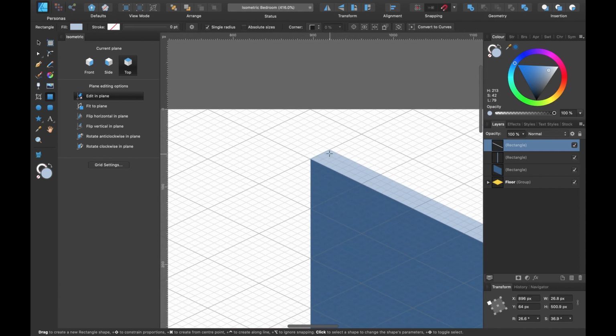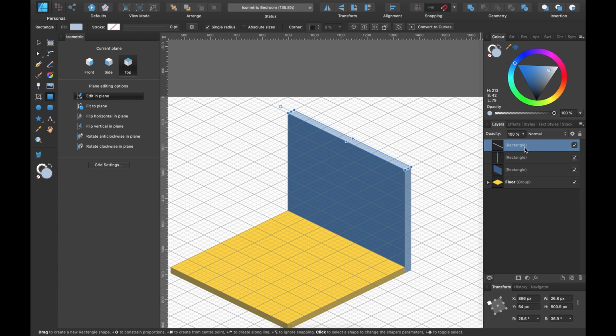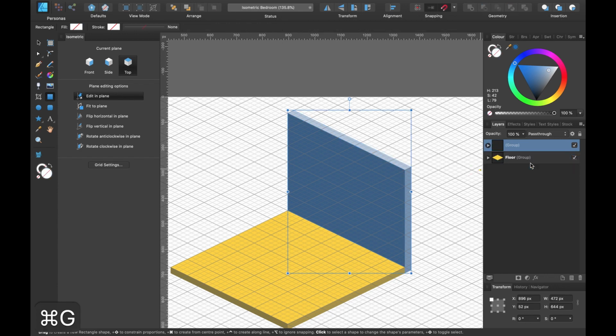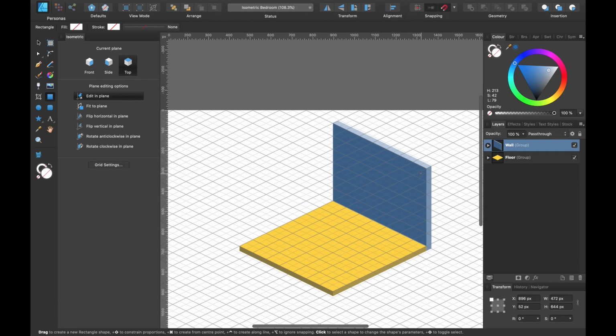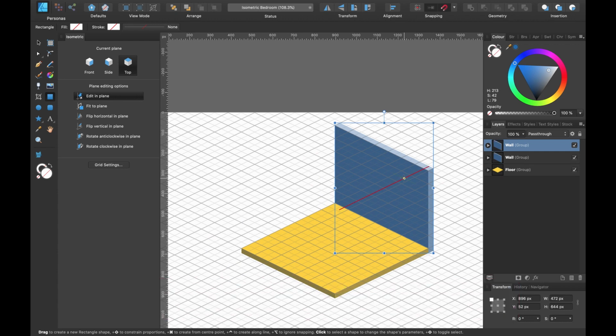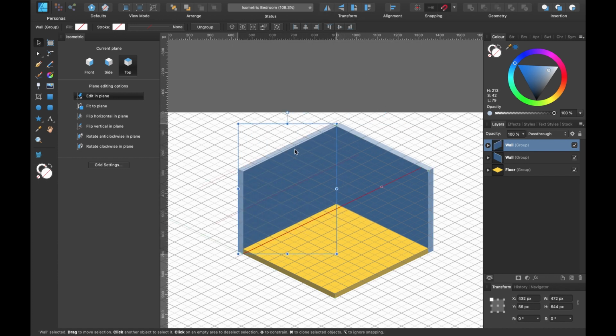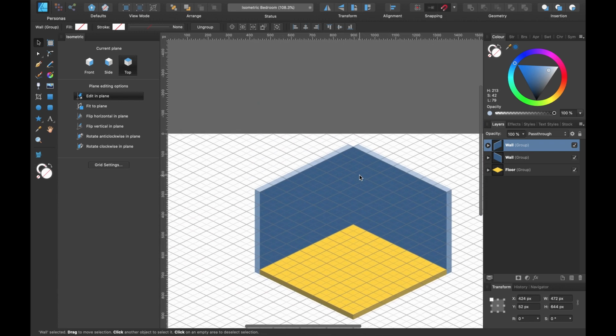Okay, let's zoom in slightly more. And you know what, whilst we've got this here, let's group that. So I select all of them and press Command G and I'll call this wall. Okay, now that that's done, I will press Command G and I will copy that. Press V, the move tool. I'll press transform, flip horizontal, and I will click and drag across until it snaps into place. There we go, it snapped into place.